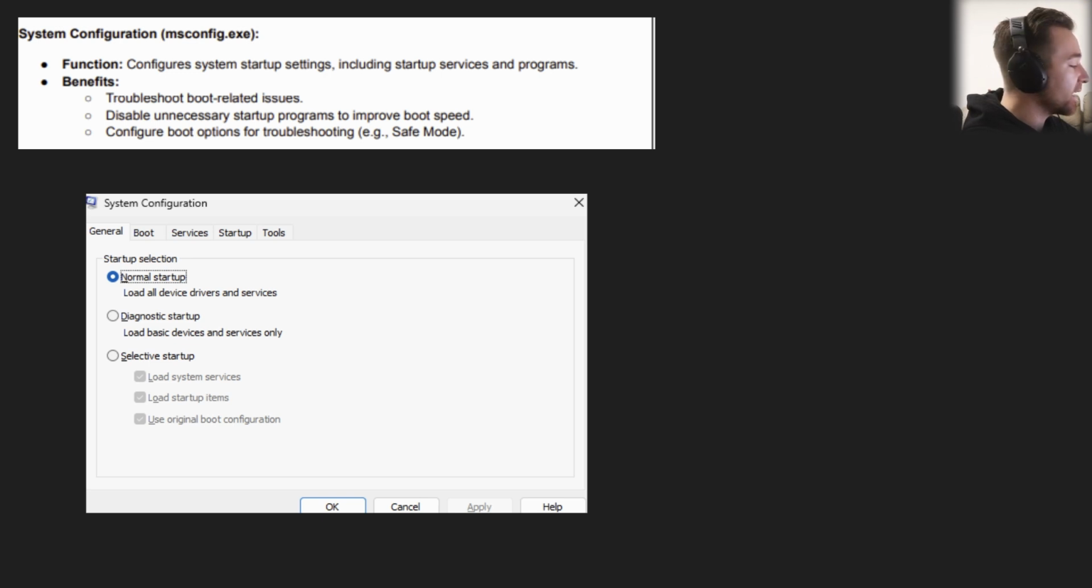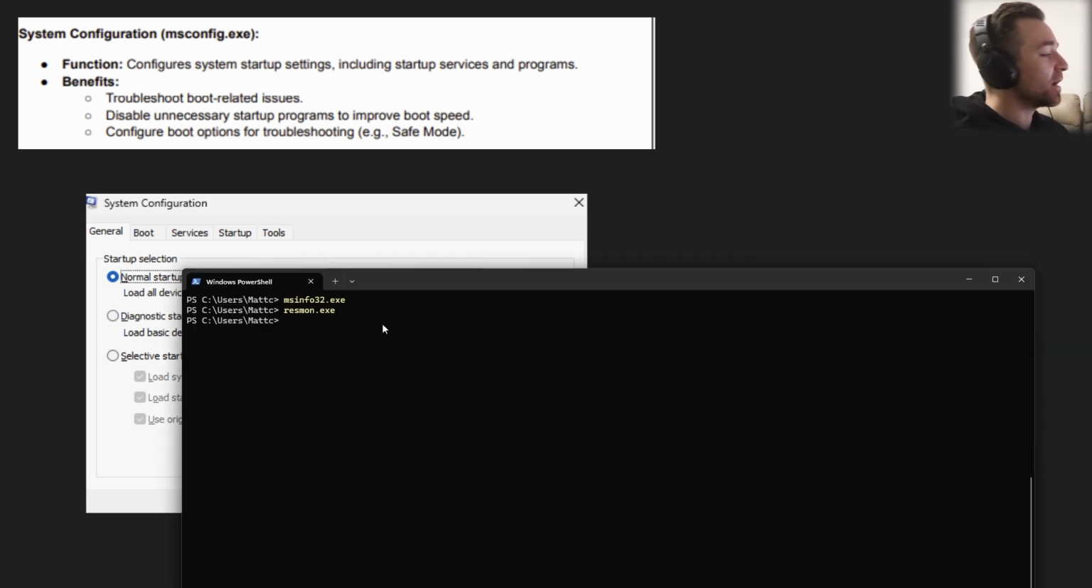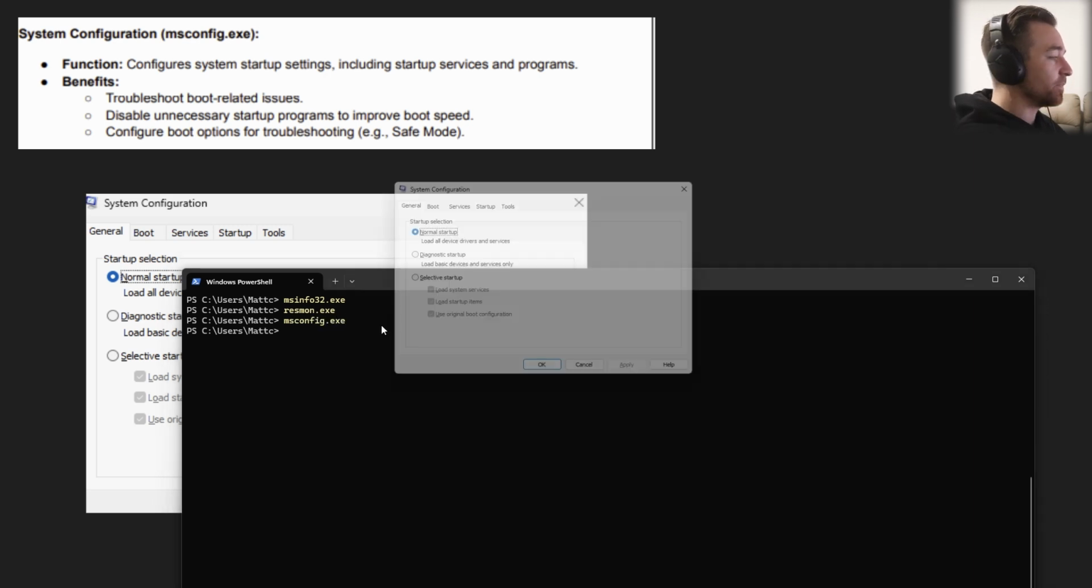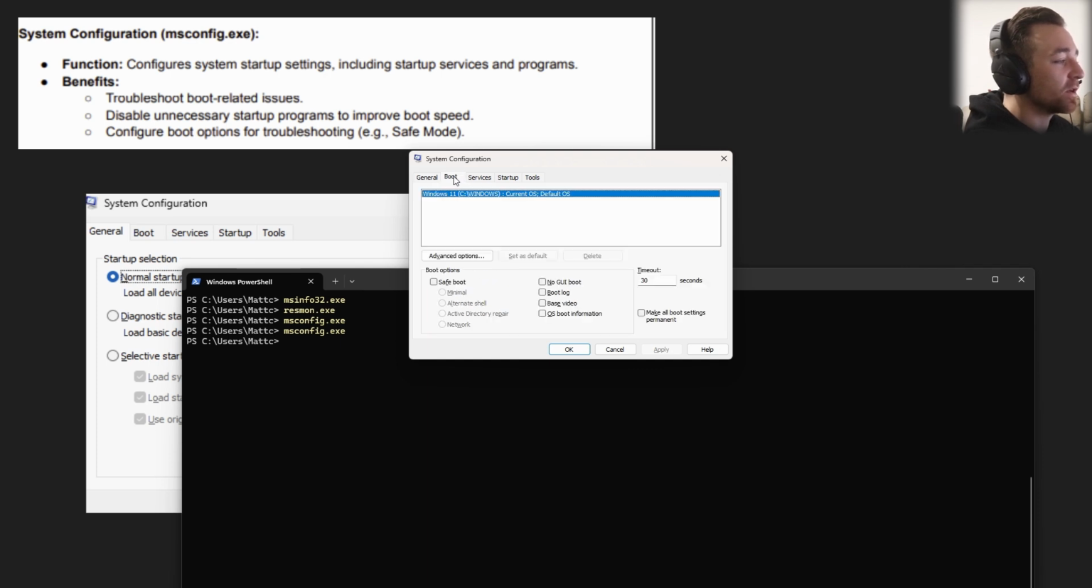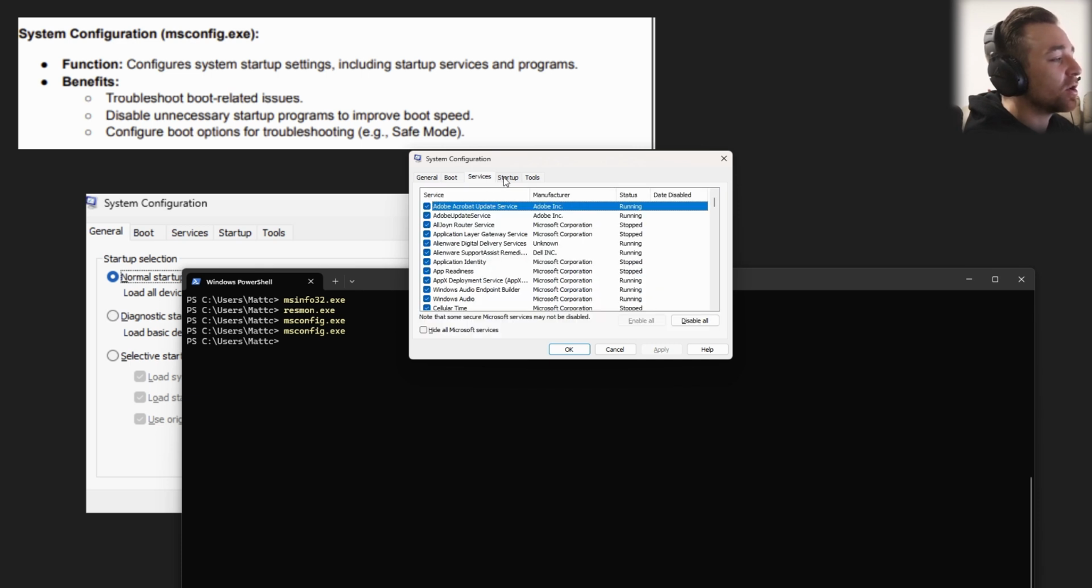So let's again have a look at this so we can get our head around it. msconfig.exe. So here I have a bunch of different tabs. I've got General, the Startup selection. I can do my normal startup, which will load all device drivers and services, Diagnostic, which will load basic devices and services only, or Selective Startup, where I can actually choose how I want it to boot up, given those three options. I've got the Boot tab, which allows me to configure a large variety of options,